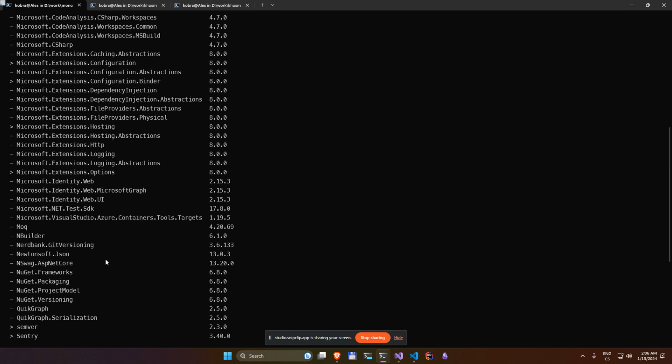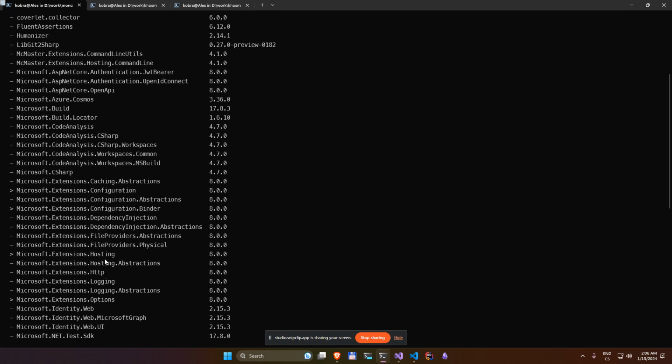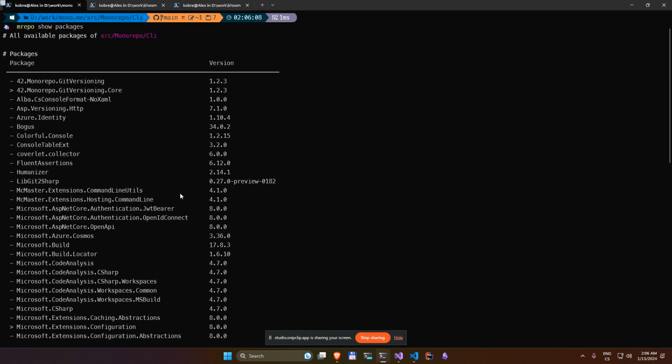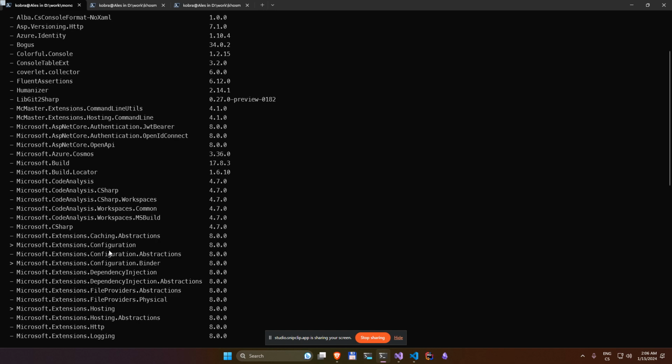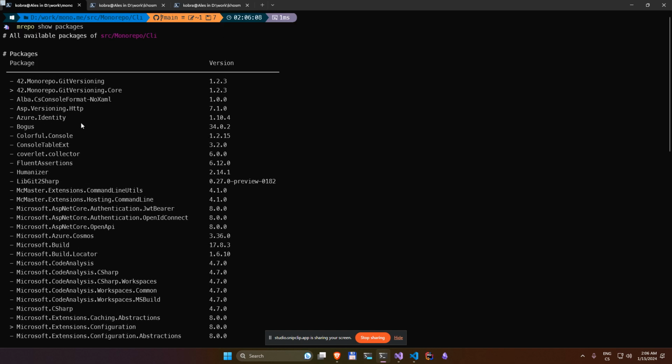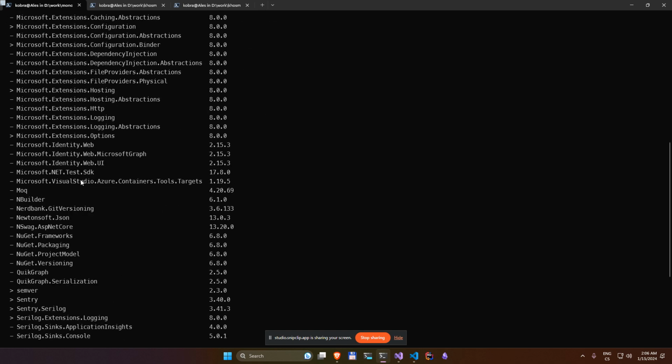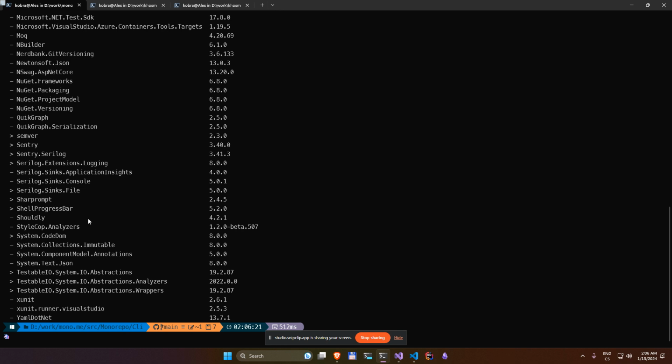Cool. What about, for example, if I want to see which packages I can use in this project right now, then let's call mrepo show packages. And this is basically the full list, all the packages which are listed in that centralized dependency management. And here you can even see which of them are really used in your project where you are currently sitting. Basically all these packages with that greater than symbol at the beginning are really used right now, but if you want to add more, you can just simply call the new command,